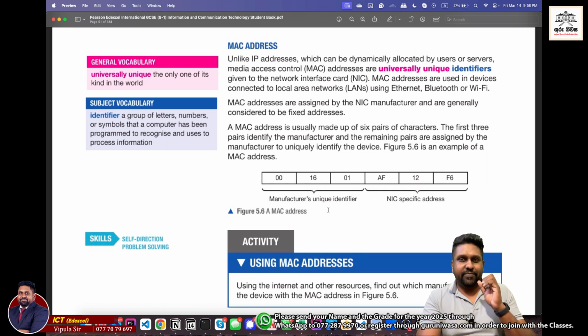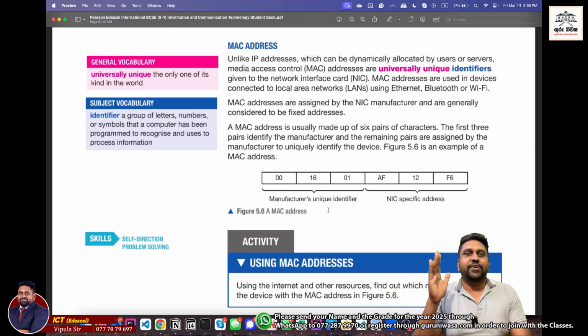It specifically says this belongs to this particular manufacturer on this particular date. And then the rest of the 6 pairs are basically there to define